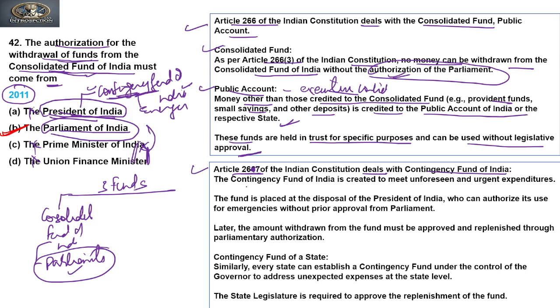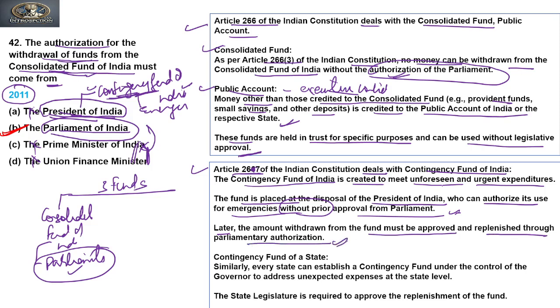Now Article 267 of the Indian Constitution deals with the Contingency Fund of India. So what is the Contingency Fund? The Contingency Fund of India is created to meet unforeseen and urgent expenditure. The fund is placed at the disposal of the President of India, who can authorize its use for emergencies without prior approval of the Parliament. Later, the amount withdrawn from the fund must be approved and replenished through parliamentary authorization. So the sum used from the Contingency Fund must be returned after the approval of Parliament, meaning after the debate on why the government withdrew it and where it was used. All that debate will be done, and then that sum will be deposited into the Contingency Fund